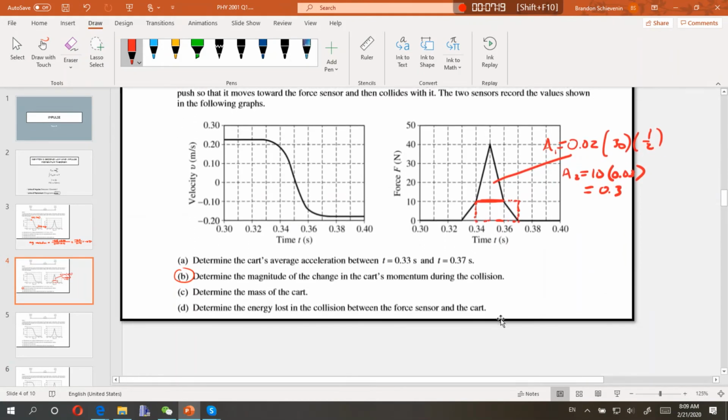So I've got two areas. Then I'll need to add them together. Yes. So this is half of my 0.02, which is 0.01, times my 30. We'll move my decimal twice. So this is also 0.3. Mm-hmm. So I've got my